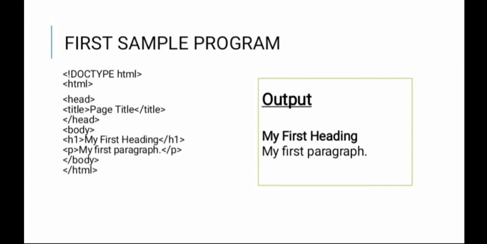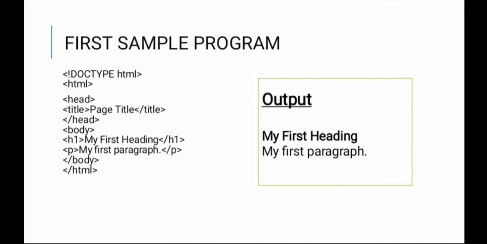The first line is the doctype declaration which states that it is an HTML5 document. Then we need to open the HTML tag. Inside the opening and closing of HTML tags, there are two sections, the head part and the body part. The head part contains the title and other meta information. We can provide the title for the web page inside the opening and closing title tags. So the head part is over. Next is the body part, which contains everything we want to display on the page.